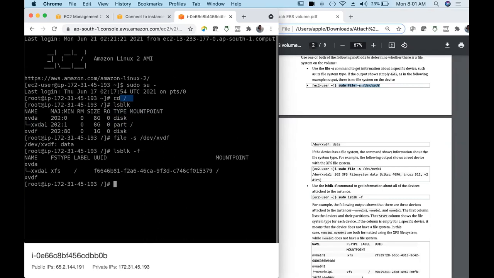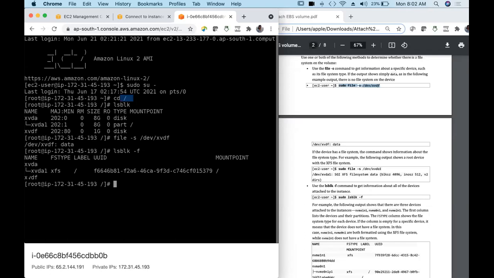A mount point is nothing but some name, some folder or directory. Suppose you compare Windows: in Windows we have C drive, D drive, E drive, F drive, right? That means your E drive has some volume associated with it. Similarly F. So what are these E, F, C? They are mount points to the internal hardware. And this / is the mount point for my root volume. And I don't have a mount point for my extra volume. I have to choose one.